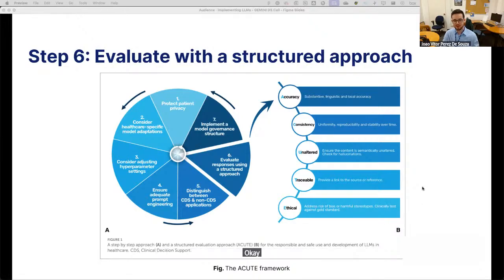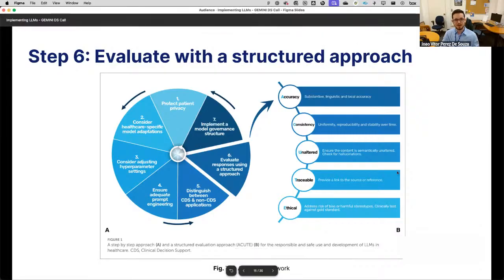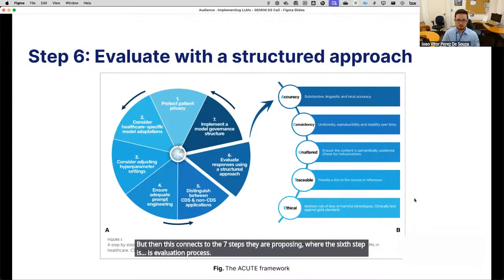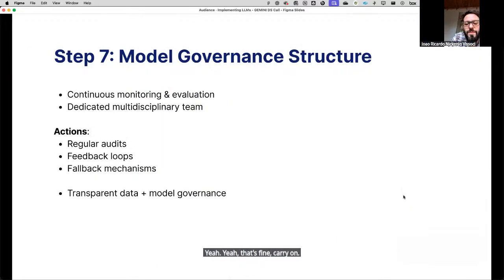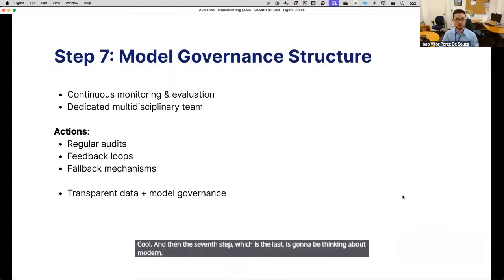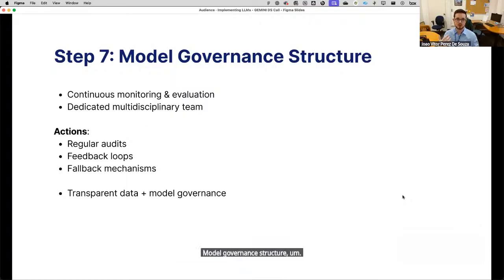Okay. Well, but then this connects to the seven steps they are proposing, where the sixth step is the evaluation process. Yeah, that's fine. Carry on. And then the seventh step, which is the last, is going to be thinking about model governance structure, especially continuous monitoring and evaluation, having a dedicated multidisciplinary team doing this evaluation for each patient